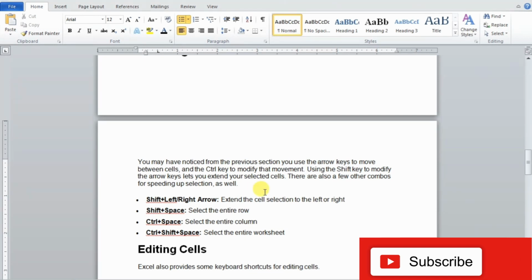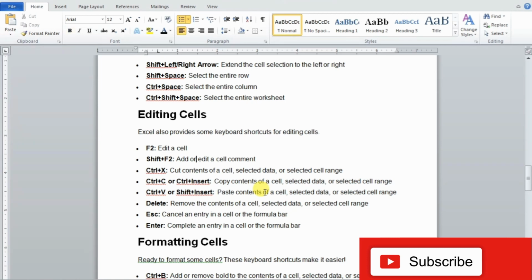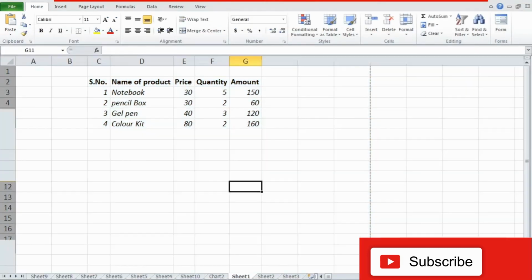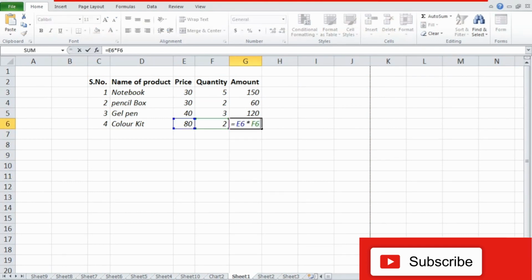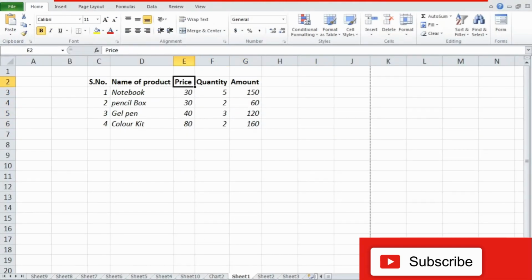And then afterwards, editing of cells. This is a very important function key, F2. When we press F2, that means in a particular cell we can edit it, whether it is a formula or something else. Fine. Next we have shift plus F2, that is to provide any kind of comment.